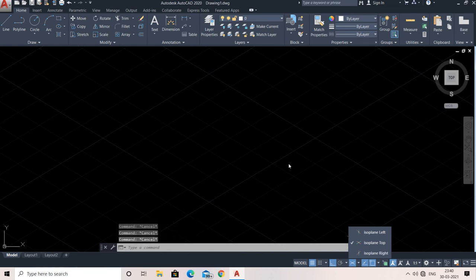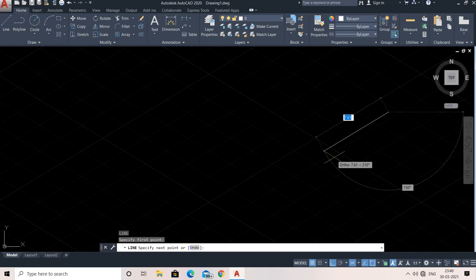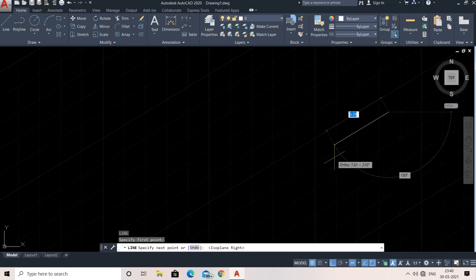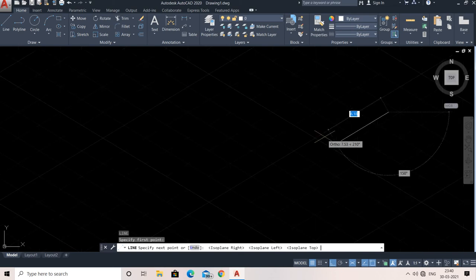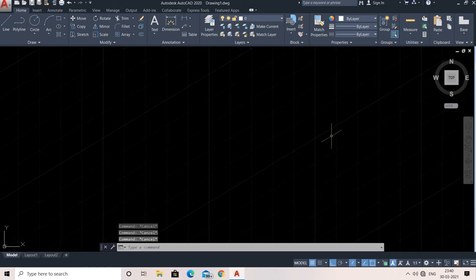If you want to change it, use F5 for isometric views. If you draw one line, it comes like this, like this, like this. So it can change if you go to F5. See, I did it with the F5, it automatically changed. Its direction changes according to our convenience. This is useful if you want to draw any kind of isometric views.